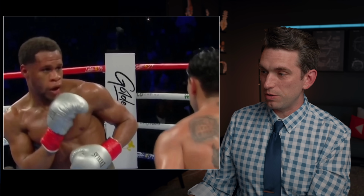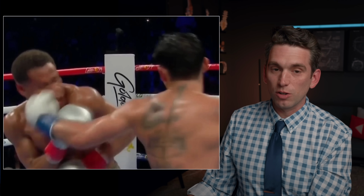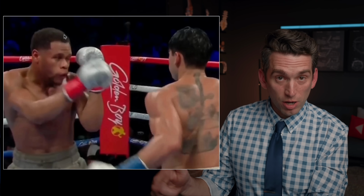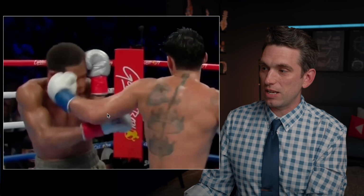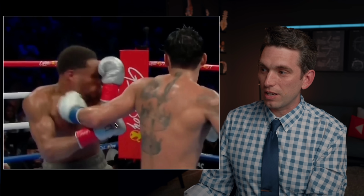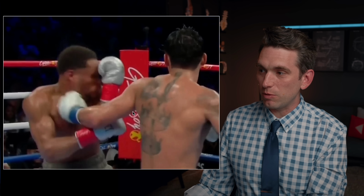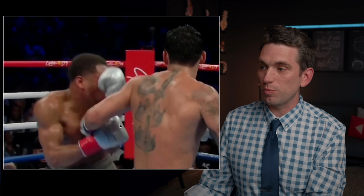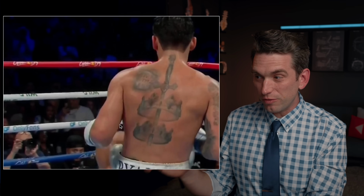Let's recap this one that we just watched here. We can see as that punch comes in, Garcia's left arm goes a little bit loose, losing some of that power to transfer into Haney. Now later on, we see the same sort of left hook come in here, but now watch how that elbow stays in a nice solid position. When the contact comes through into Haney, we see that elbow angle is maintained. We don't see any straightening of the arm. There's a little bit of that momentum continuing to come through the punch as opposed to falling off to the side. And this, again, is going to be a more effective left hook,